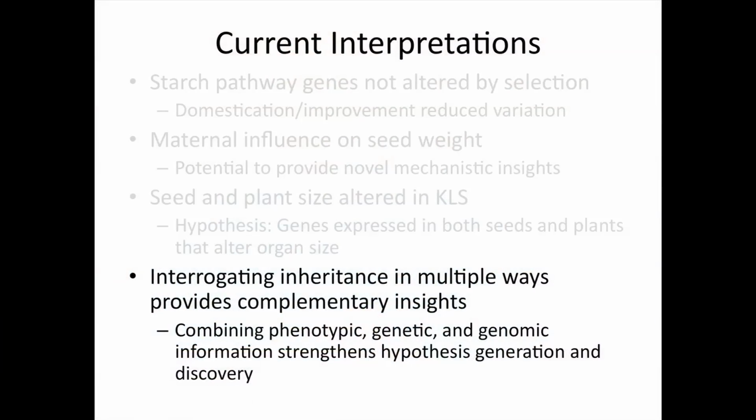And then just the final summary, which I think links in well with the K-base. You have all this information, it's very hard to interpret it, but I think there are lots of valuable insights when you put these data sets together in complementary ways. The data sets that we had here were both phenotypic data as well as genetic and genomic information. And we had to look at that in multiple contexts and multiple ways to begin to get the interpretations that we're making. And I think that's the type of thing that these databases can really support to help pull together those diverse phenotypic and genetic data sets.